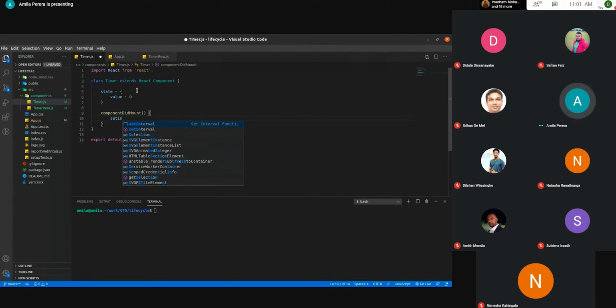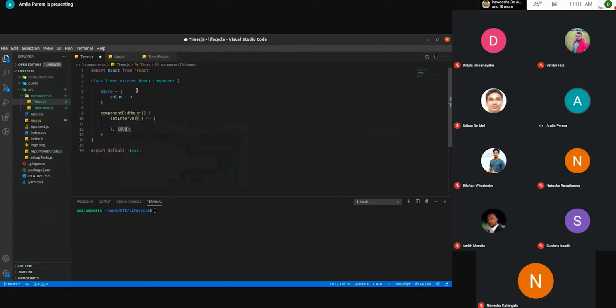So that's the basic thing. In the timer it will call every second, so I will change the state one by one every second.